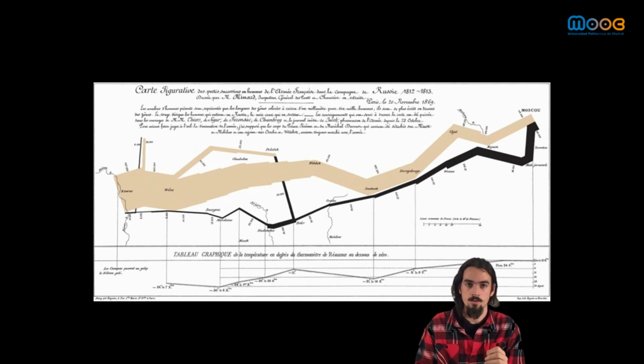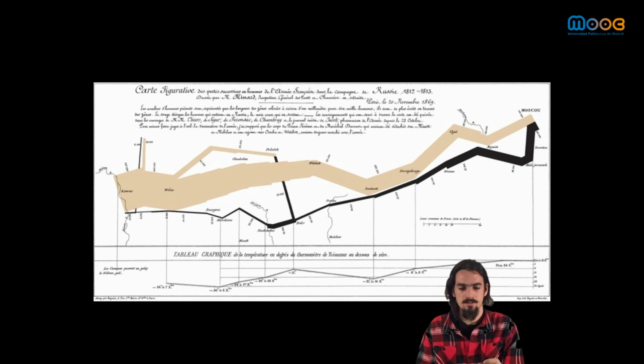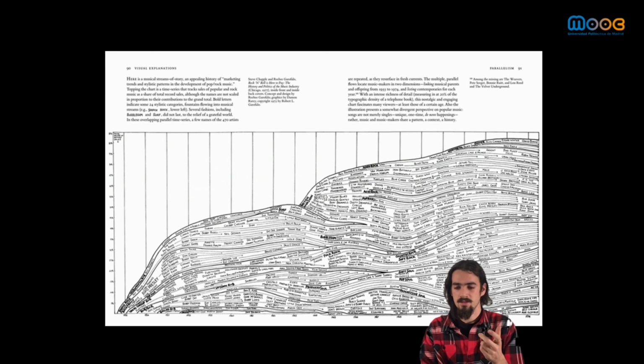When the soldiers have already returned to Paris, we can see that the compared thickness of those lines is telling us how many soldiers Napoleon has lost. To end with, I've got a really easier diagram, which is the evolution of rock and